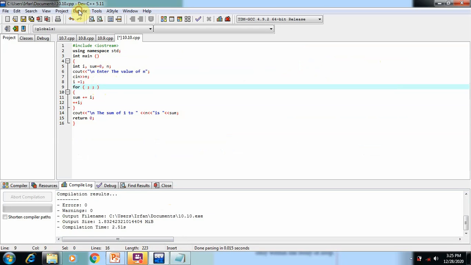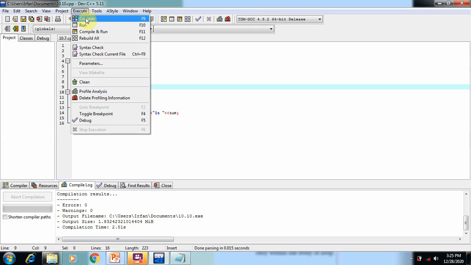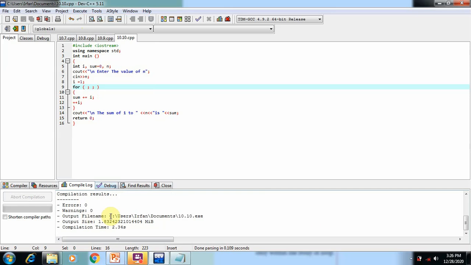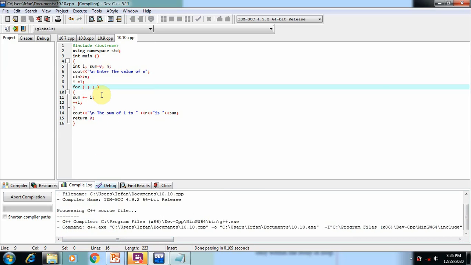and go to the execute command and compile the program, don't run the program, just compile it. So here the compiling process starts. You can see there was no error. Actually we didn't use a test expression here, but it shows there is no error. It means we can use an infinite loop also if we want. So if you run the program here